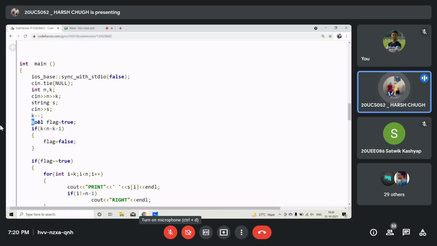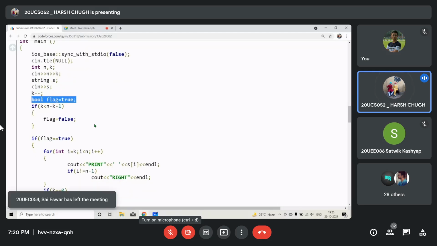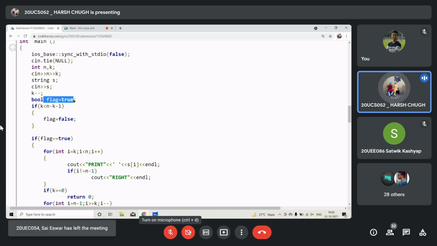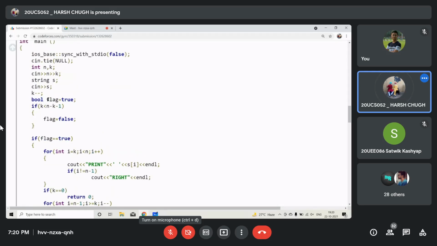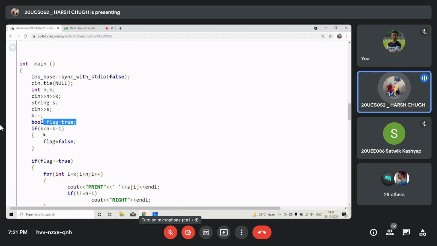Now I've declared a flag variable. Why? I'm assuming that I will move right. If flag equals true, that means I will move right. Just wait. I'm assuming that I will move left. Okay. How I'm measuring the distances: k less than n minus k minus 1. What this says, then we will see.